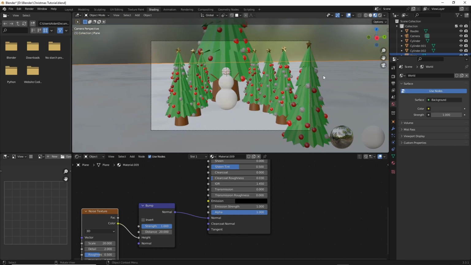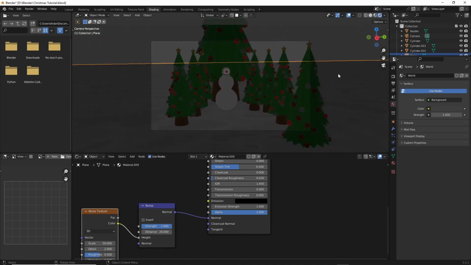Go into camera view, see if you can see much of them. We'll change this to 50. Yeah, that's a lot more detailed. If we go into rendered view, it's really dark. So,